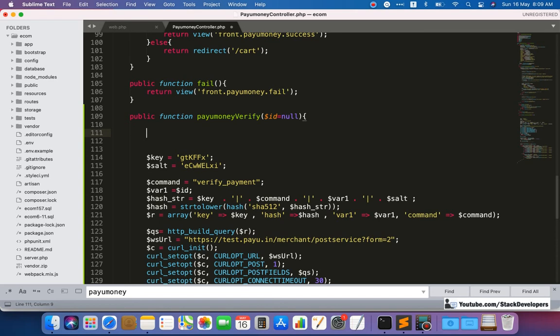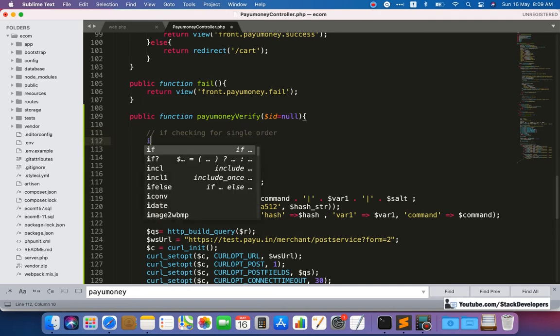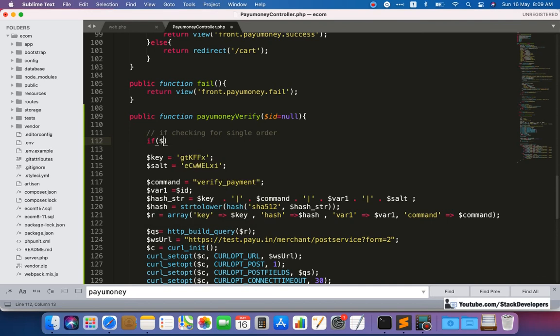I will do it like this: if checking for a single order, because we are going to make this API work for both single and multiple orders. Checking for a single order means $id is coming, $id is greater than 0, or $id is not equal to empty. Suppose $id is greater than 0.